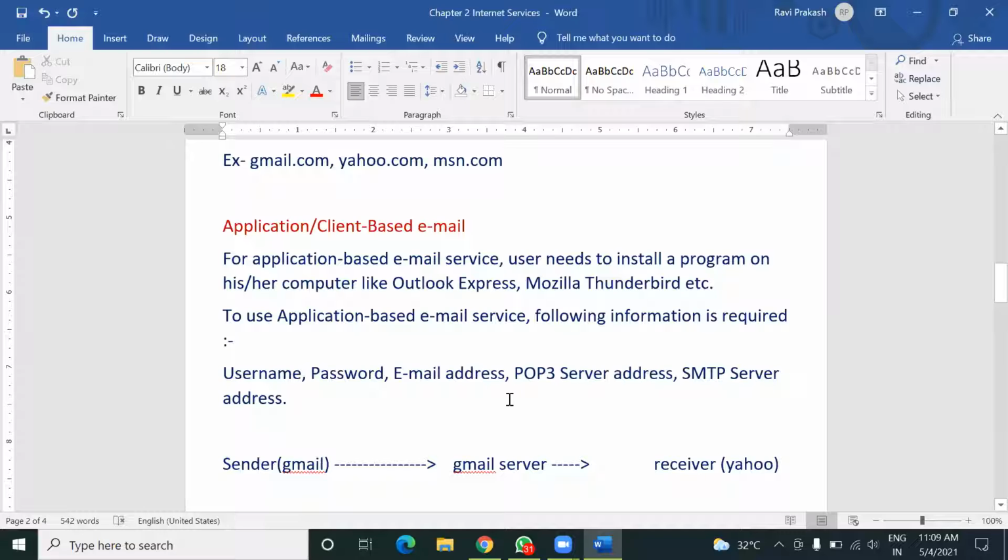And if someone is receiving email, at that time the POP3 protocol is active there, and this server has the POP3 server address. So these two addresses are needed while setting up your application or client-based email. Okay, sir.